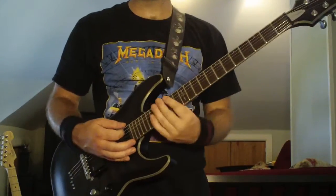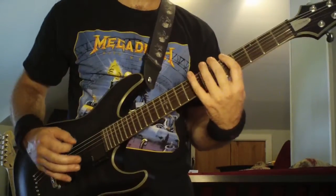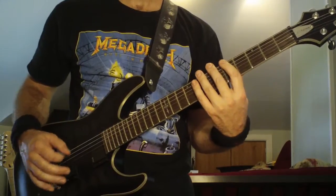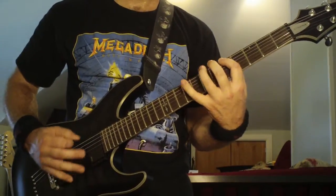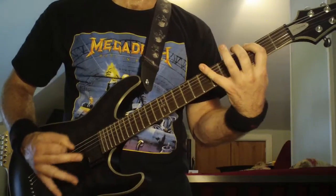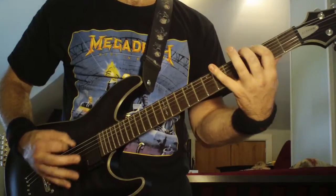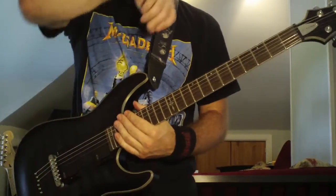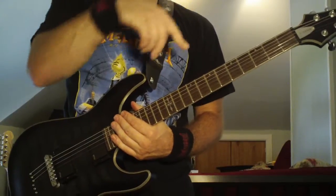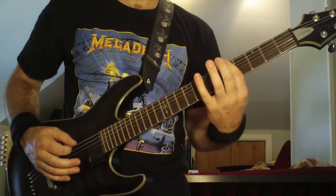So from there, it's going to go into another guitar solo, and really what he's going to do is bring a variation of the riff I just showed you, but up to the 5th fret on the 6th string. So here's how that goes. Okay, now from there, it's the same rhythm as that riff, but it is a different riff. So you're just doing it on the 5th fret on the 6th string,